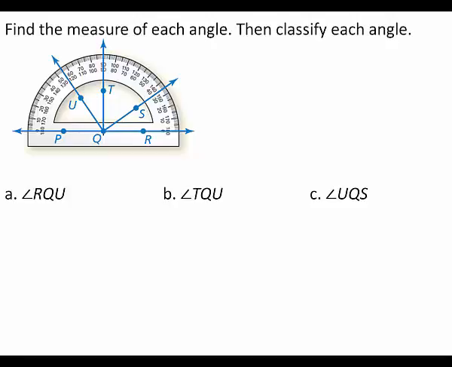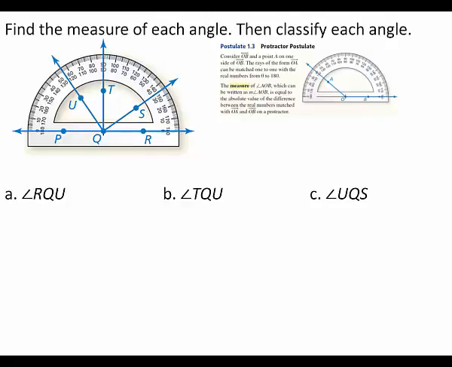Find the measure of each angle. Then classify each angle. A. Angle RQU, B. Angle TQU, and C. Angle UQS. To find the measure of each angle, you can use the protractor postulate, which states that the measure